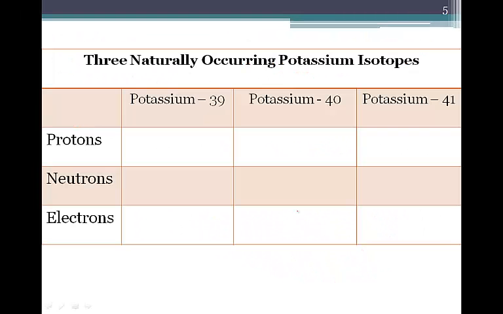So let's take a look at three naturally occurring potassium isotopes. Well, potassium, if we look on our periodic table, has an atomic number of 19. This means that we have 19 protons and 19 electrons for all three